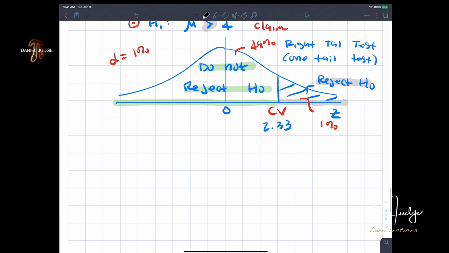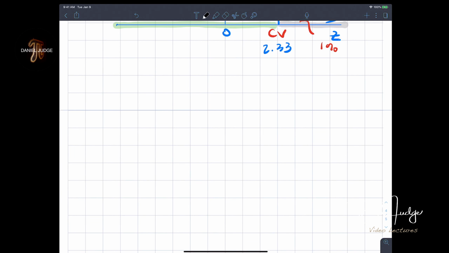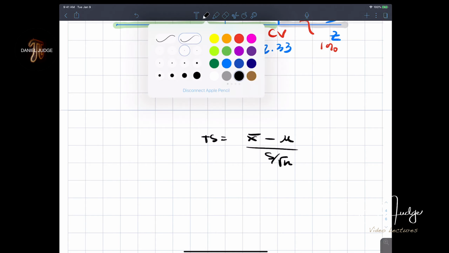Now, remember what I said. The test statistic, ladies and gentlemen, is the sample mean minus the true mean over the standard deviation divided by the square root of the sample size. Always write that down. And I said, okay, let me put it to the right here. You just have to remember